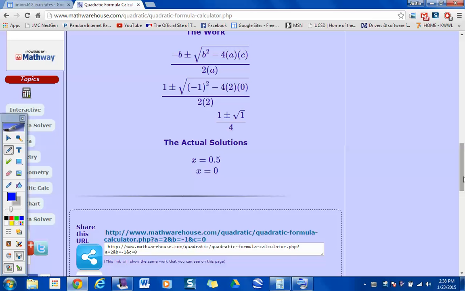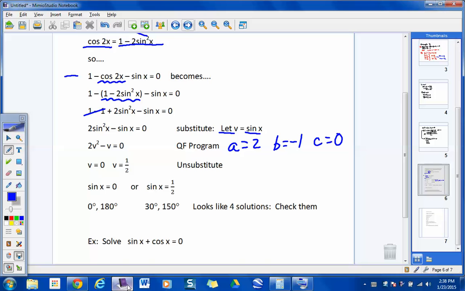So in the notes, does that match this value and this value? So once I figured out what v has to equal, they use the term unsubstitute. You might hear me say back substitute. What was v equivalent to? What did we substitute the v for originally? This means the sine of x can be, or the sine of x can be. Okay. That's good because